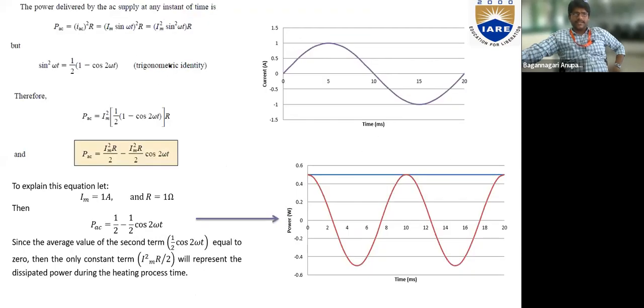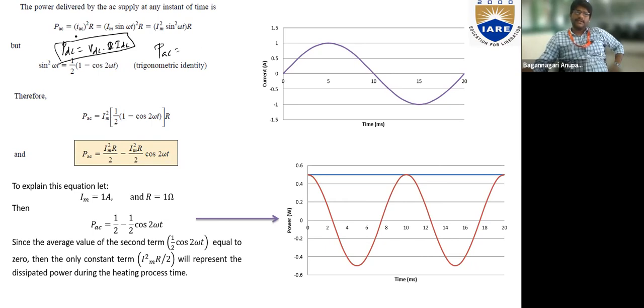In general, for an AC system and a DC system, what is the equation we write for power? Since we are calling it the effective or RMS value, the power calculation will involve the RMS value, not the average or the maximum. Suppose it is a DC system, what is the equation for power? V DC into I DC. Suppose it is an RMS value, AC system, what equation do we give for power?